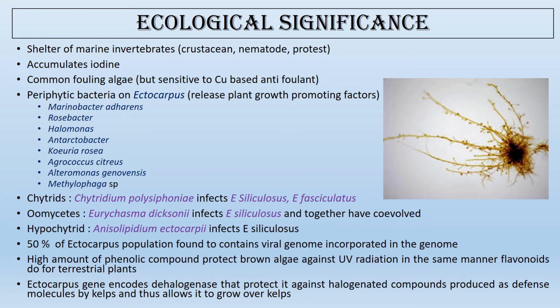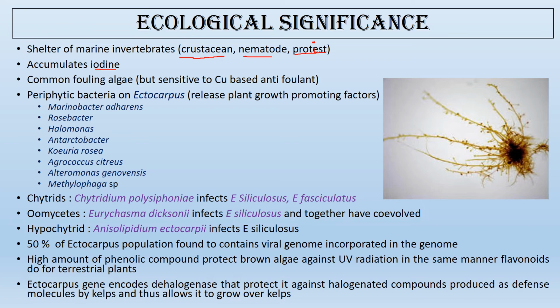Here we see that they are food and shelter of many marine invertebrates like the crustaceans, the nematodes, the protists. This is not protist but protist, P-R-O-T-I. So it is a shelter, a plant for crustaceans, nematodes as well as protists, and they are the chief accumulator